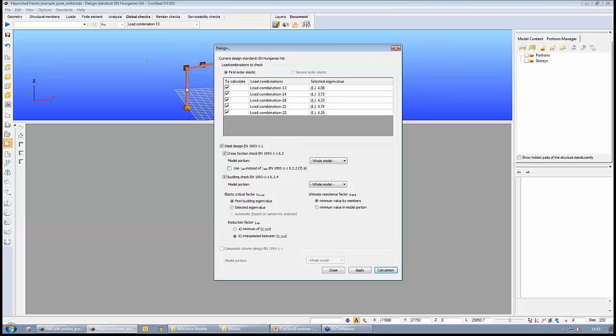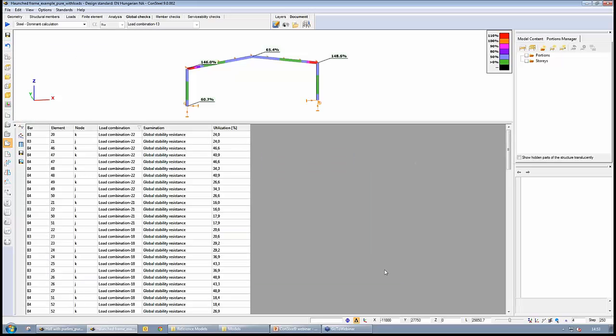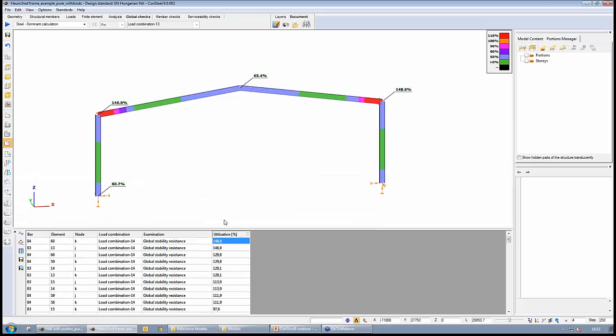And if we have this result, we can run the calculation now for all of these dominant load combinations, and what we see are the new utilizations of our model. Of course, there are somewhat higher utilization rates. So now the highest utilization is about 150%, and the dominant examination type is now the global stability resistance of our members. And still the dominant load combination is load combination 14, the same as for the cross-section check,